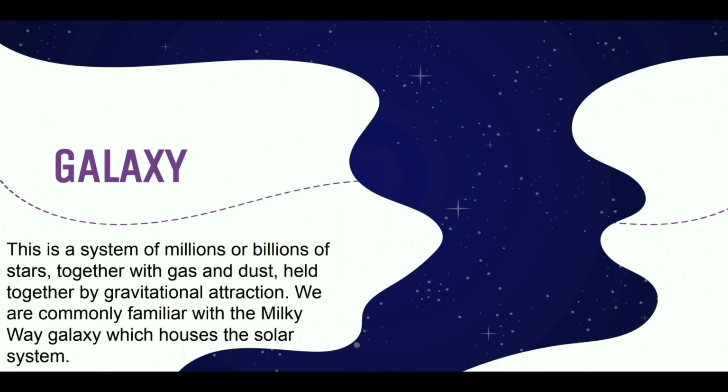Alright, but what is a galaxy? Well, a galaxy is a system of millions or billions of stars together with gas and dust, which is held together by gravitational attraction. We're going to be used to gravitational attraction, gravity, because that is the basis of how our universe is even made. Everything is held in the universe by gravity. So gravity holds this system together. There are millions or billions of stars, mixed together with gas and dust, which is held by the force of gravity. So that is simply what a galaxy is.